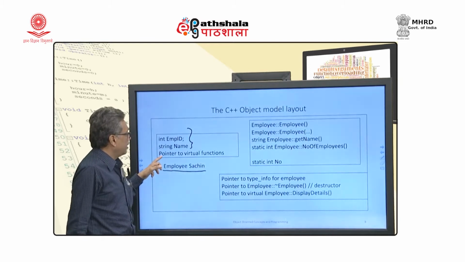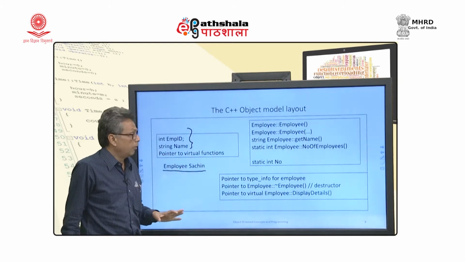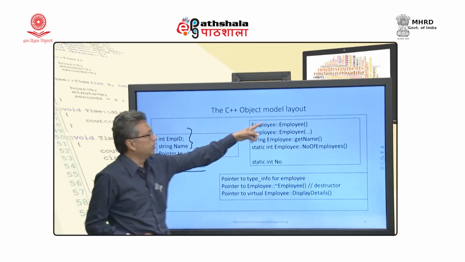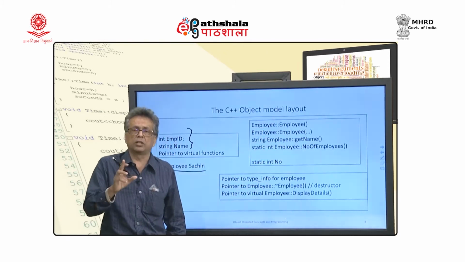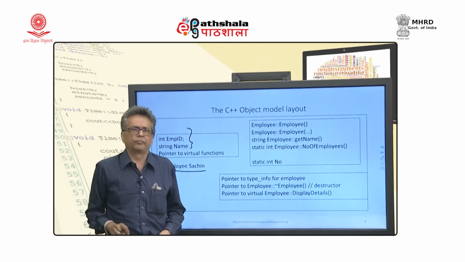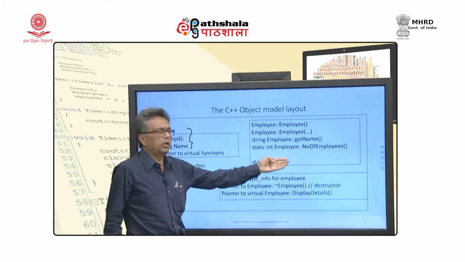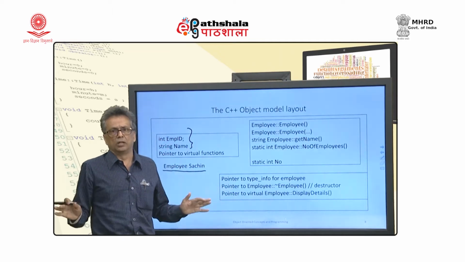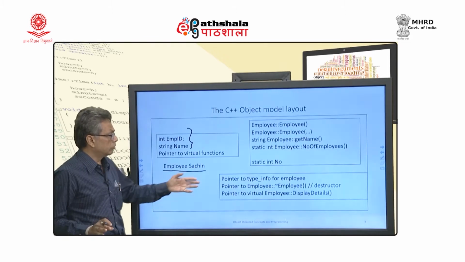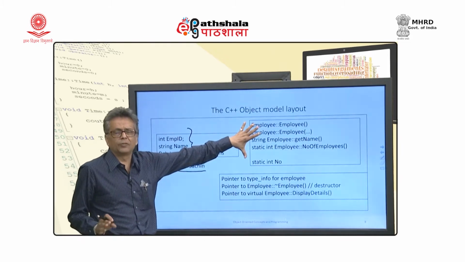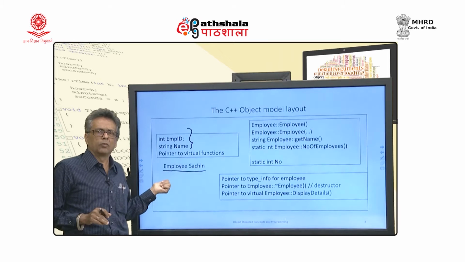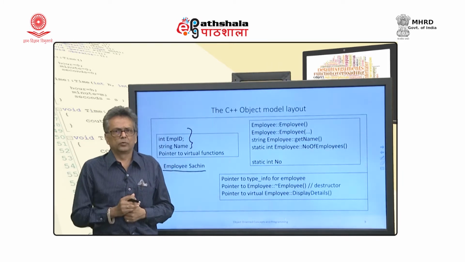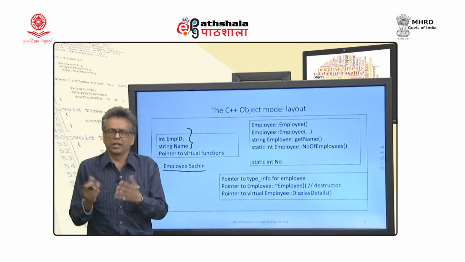Okay. And for virtual functions, I have a pointer. But what will I do with these functions? Remember, I do not do anything with these functions. I will always convert a member function into a C-like function. My job is done, because every call to these functions is a call to a C function. Okay. There is no overhead. So, I am storing these functions somewhere, and whenever there is a call, I will convert that thing to a C-like function.